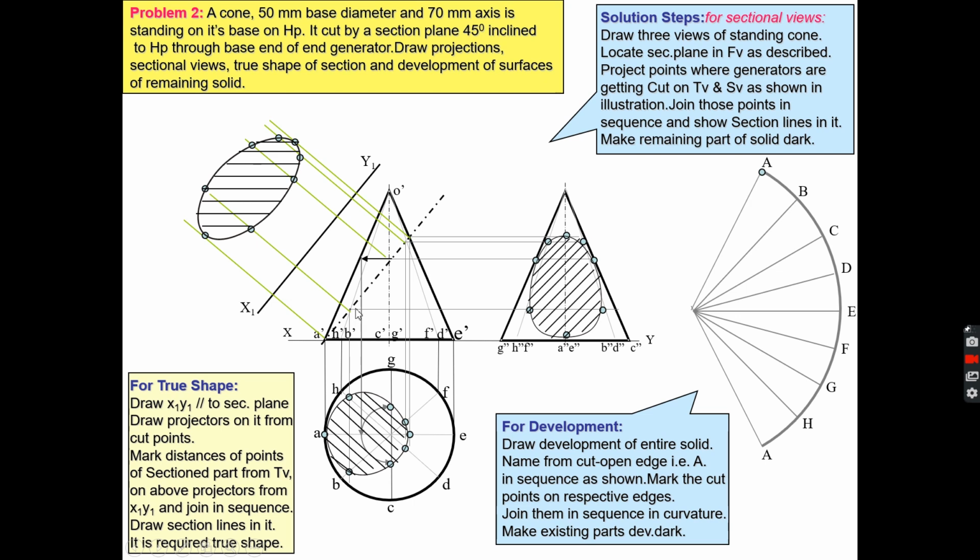So what you have to do, whatever points you are getting on this generator, you have to transfer them on the true generator. So this point you have to transfer on the true generator this way, and you can now measure the distance of these points with respect to point O. So now you can easily mark these points on the generators OB and OH. Similarly, you have to transfer the